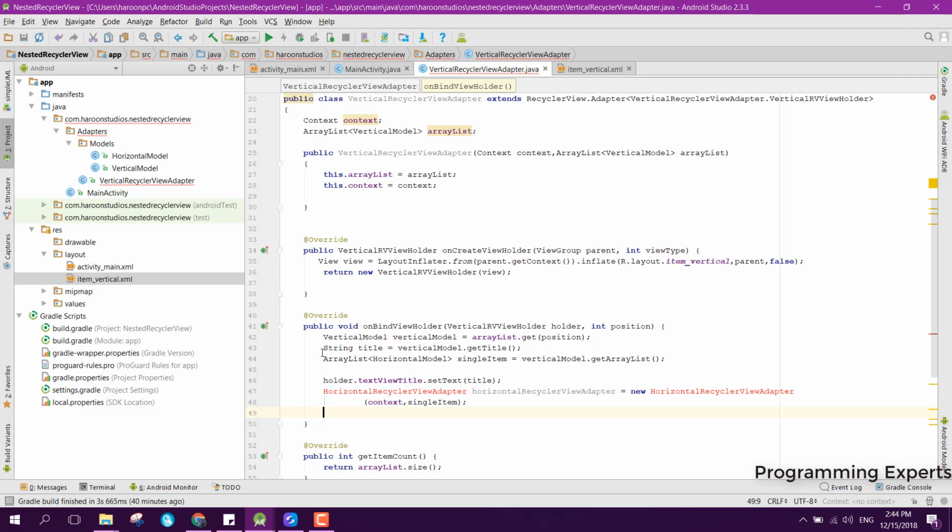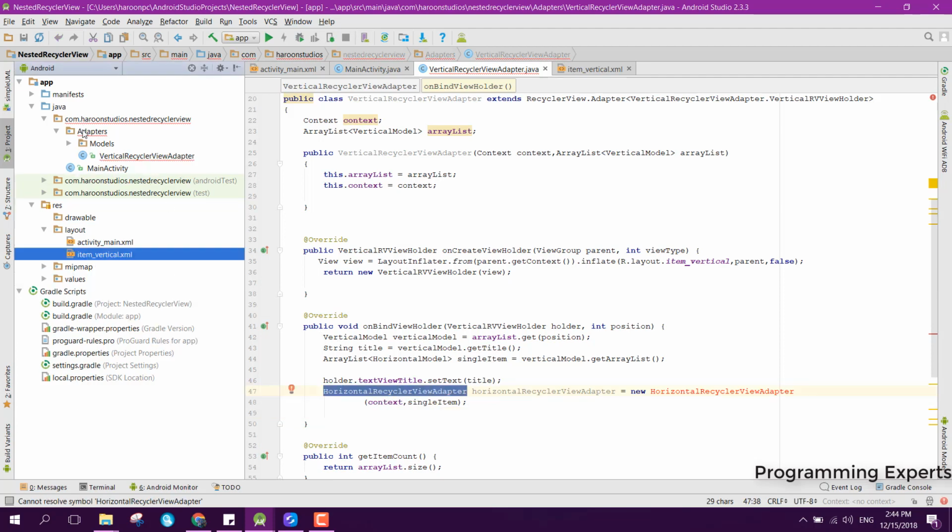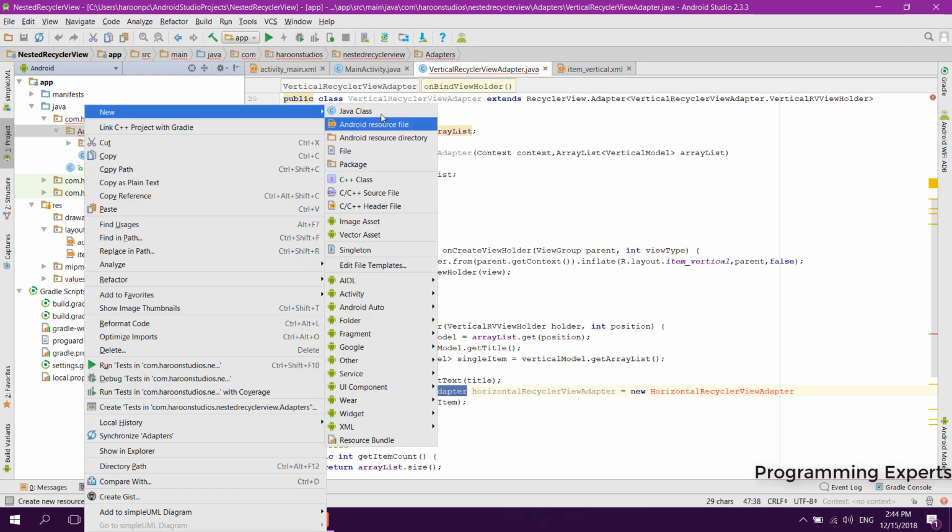Okay, so now we need to create this horizontal recycler view adapter class,